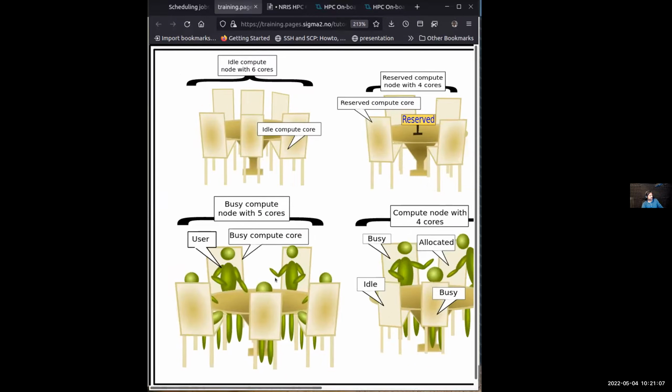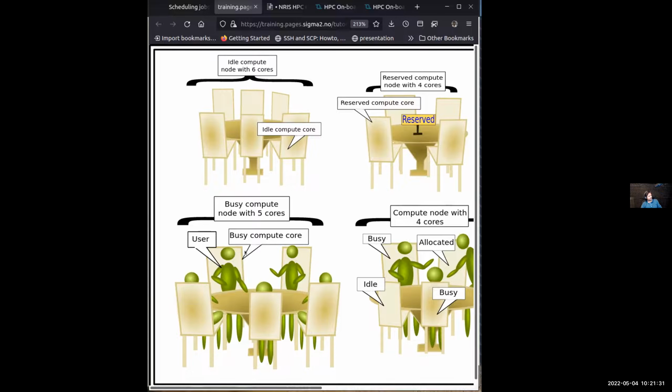So what happens is, when the people come, we have several possible scenarios. There could be a table that is fully booked. We see this user who's occupying the seat, and we call it a busy compute node. If you remember the screen that Bjørn showed before, this is an allocated node, meaning somebody is using it, and this whole node is busy.